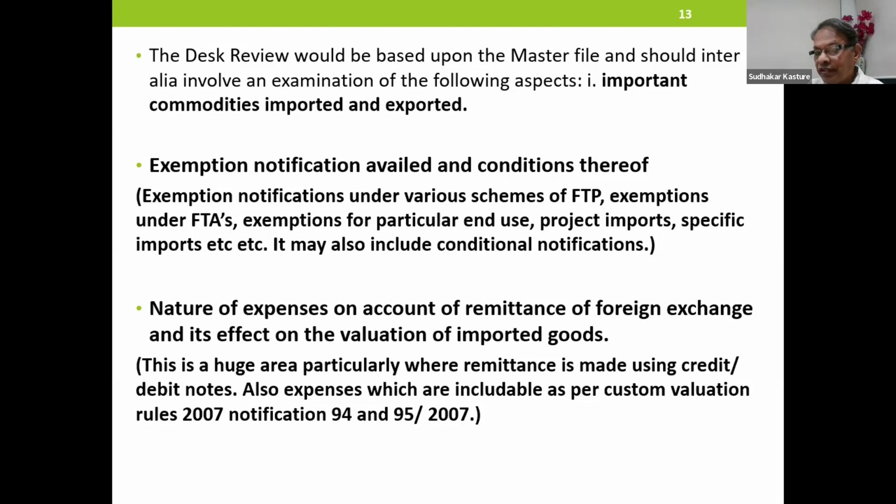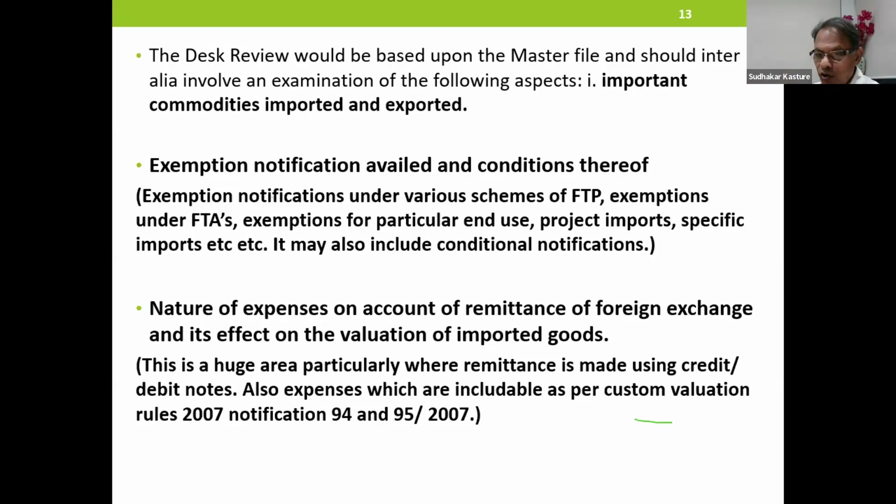Exemptions for particular end use, jumbo notification, project imports, specific imports, etc. And all these notifications at times are unconditional, sometimes conditional. Particularly if you look at jumbo notification 50, you will find that there are certain conditions to be complied with if you want to take exemption of those duties, and therefore that also has to be seen.